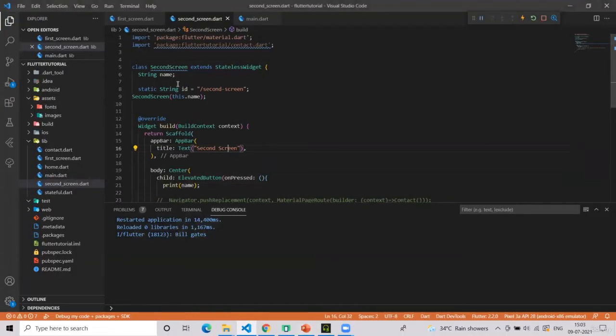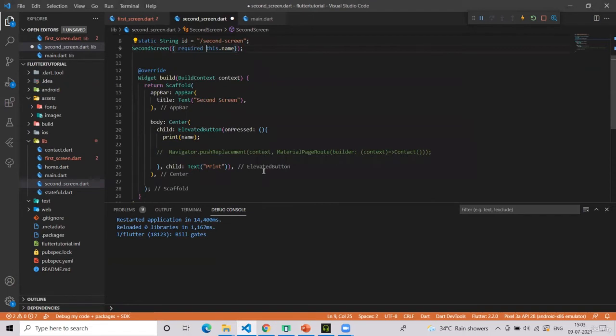Passing to a named constructor is not a very difficult thing, as we have done it again and again. Simply go to the second screen and here simply make it a named constructor. And you can give required since it's not a nullable value.